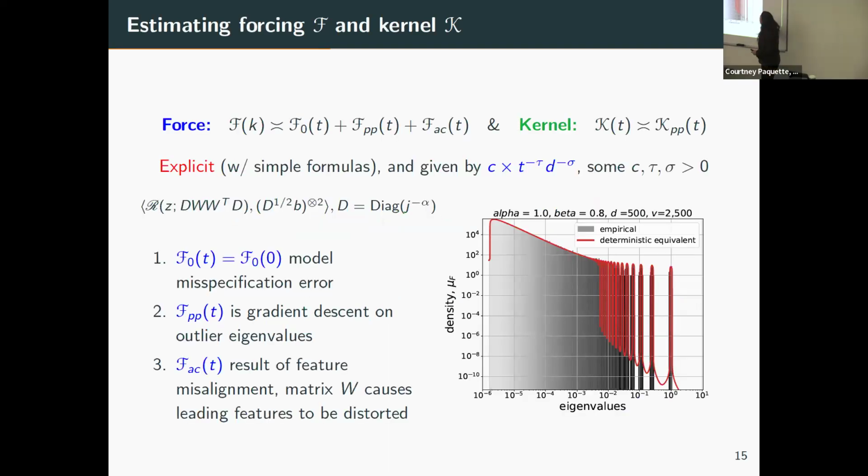Sorry, I'm going a little bit fast here. And each of these components is just going to be written as iterations to a power, d to a power. Okay, so what are these components? The idea is that if you look at the random matrix, I've plotted the eigenvalues of that random matrix here. And there's a deterministic formula which describes the density of those eigenvalues. And it looks like this. And you see that you have spikes. And those spikes are going to be exactly what you would get if you had just run SGD. Those components of these spikes are the SGD part.